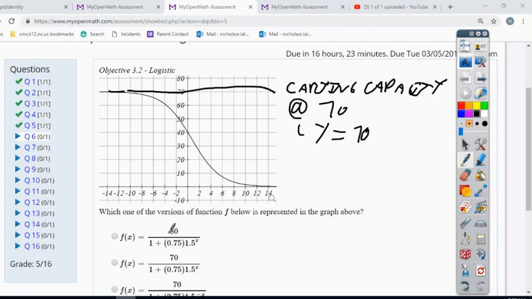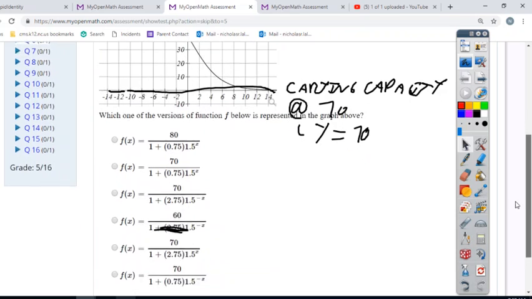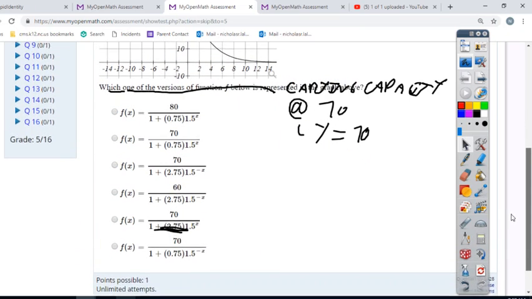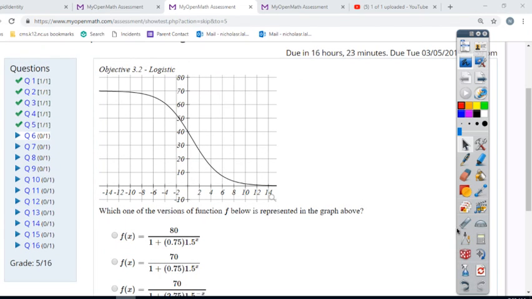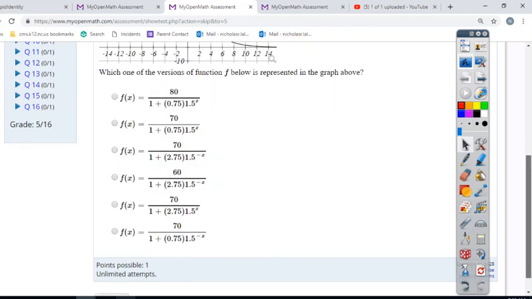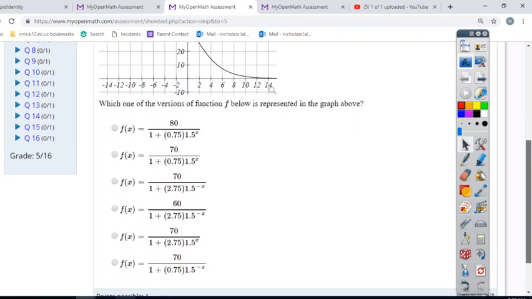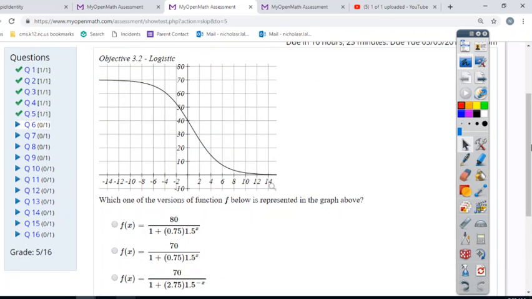So we can eliminate any numerator that's not equal to 70, which means we can eliminate the first and the third problem. And what we can also do is know that this is flipped across the y-axis. So the best way to do this really is, with the function with the carrying capacity of 70,